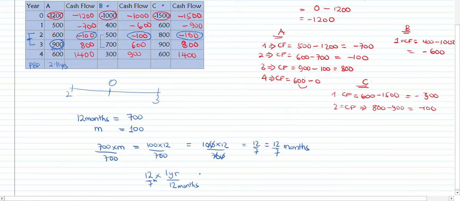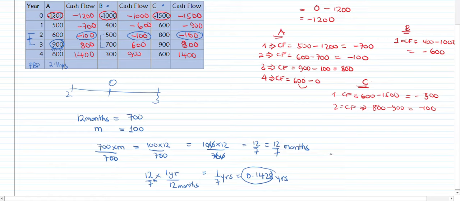And so we are going to get 1 over 7 years. So 1 over 7, that is 0.1428, and so this is the number of years we're able to settle for the remaining